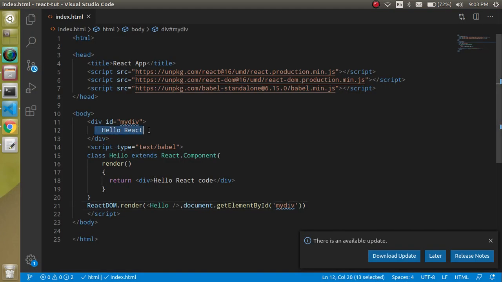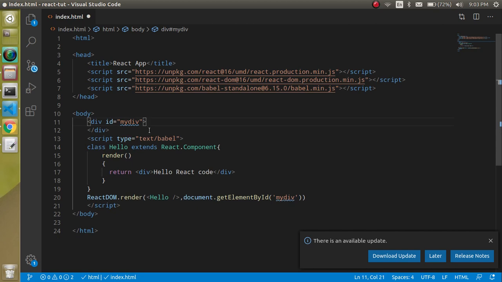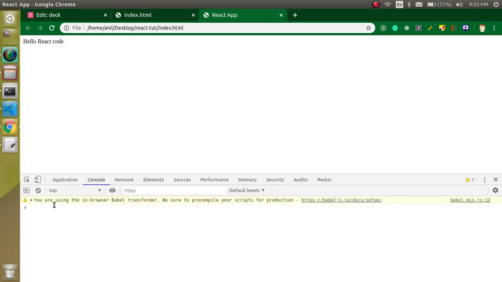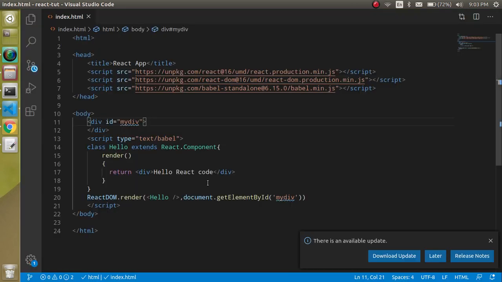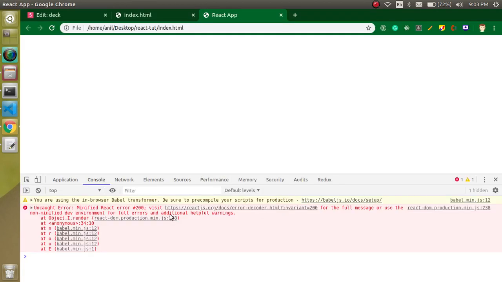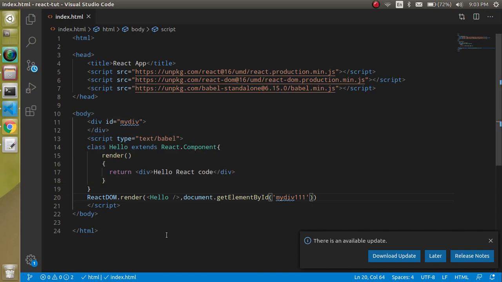Now let's open a browser and just try to run it, right? So now you can see that we got this code from React, and it actually replaces our normal HTML text, right? So we can just remove it, we don't need it. Keep in mind, whenever you are working with React or Angular, you must open your console. If you get any kind of error, you will find here a red alert or something, right? So if you want to check that, I can show you how warnings and errors actually work. I just misspell our id name, and you can see that we got an error, right? So sometimes it will help you to resolve the error also. So that's fine.